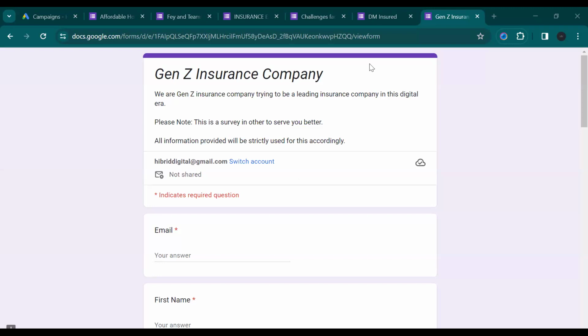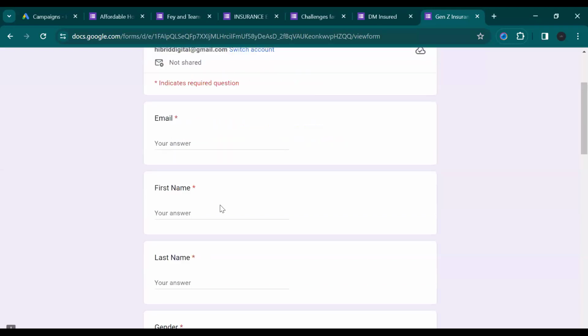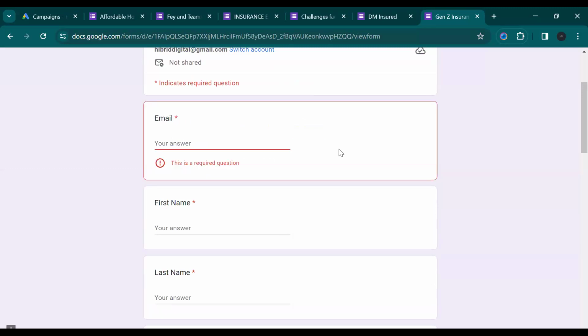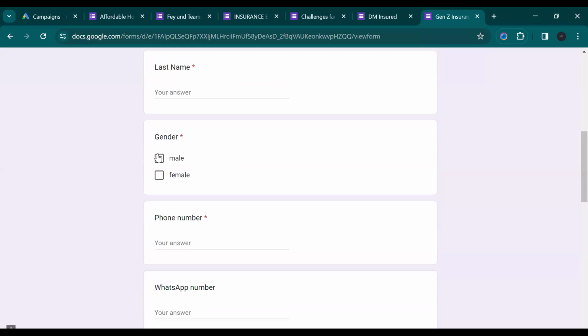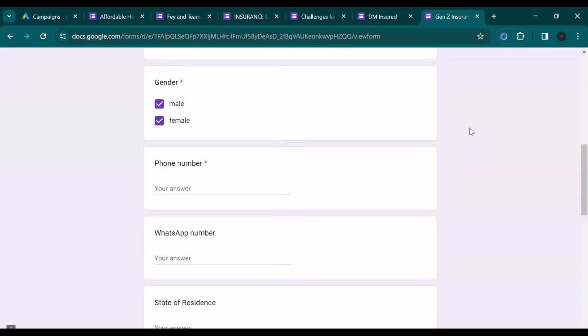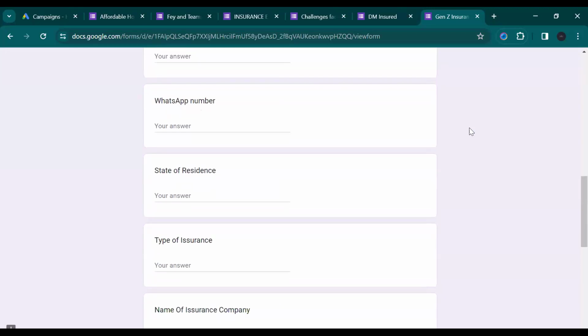We can leave the title as T Gen Z Insurance. I have to rush this because we are almost done for today. Email. So now you are taking too much personal information. Too much. There's email, there's first name, there's last name, and then the gender. You made it a checkbox, so I can tick both male and female, and you did not add other. But that's by the way. Gender, male and female. Then there's phone number, there's now WhatsApp number again, there's now state of residence,